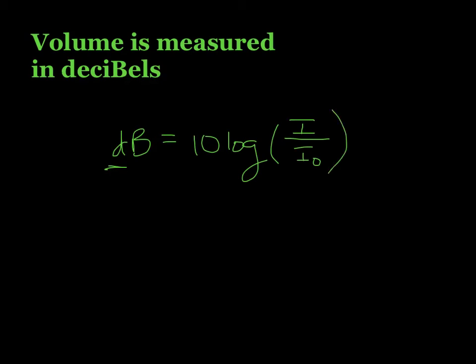the threshold of hearing. Okay, so the smallest sound that we can hear is 1 times 10 to the minus 12 watts per square meter. And so that's a constant. I mean, that's just what we use. Yes, there are people that can hear quieter, and yes, there are people that can't hear that. But that's what we use as a baseline for the decibel reading. That is the quietest sound that you can really hear.